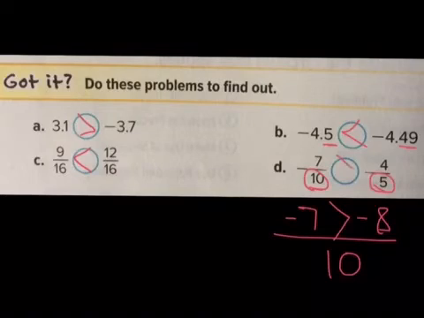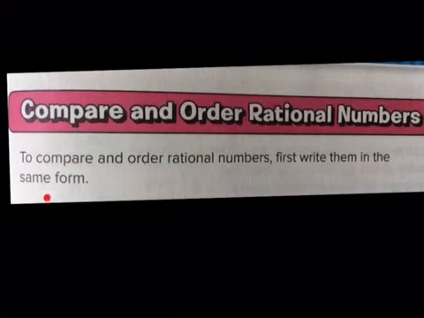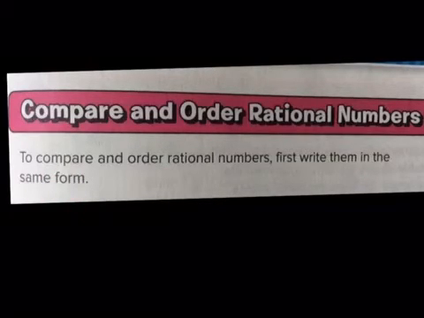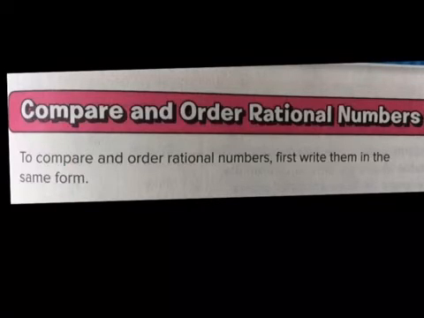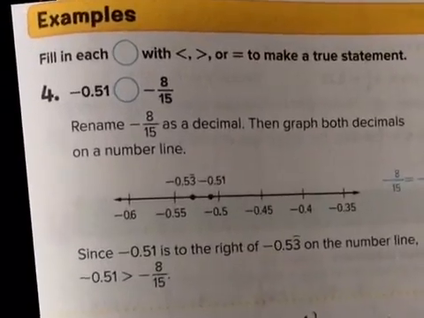To compare and order rational numbers, first write them in the same form. Meaning, if they're both mixed numbers, write them as improper fractions and find a common denominator, and so on. Make sure that you find a common denominator so that it's easy to compare the numerators. Or if they're written as a decimal and a fraction, make sure you write them both either as decimals or